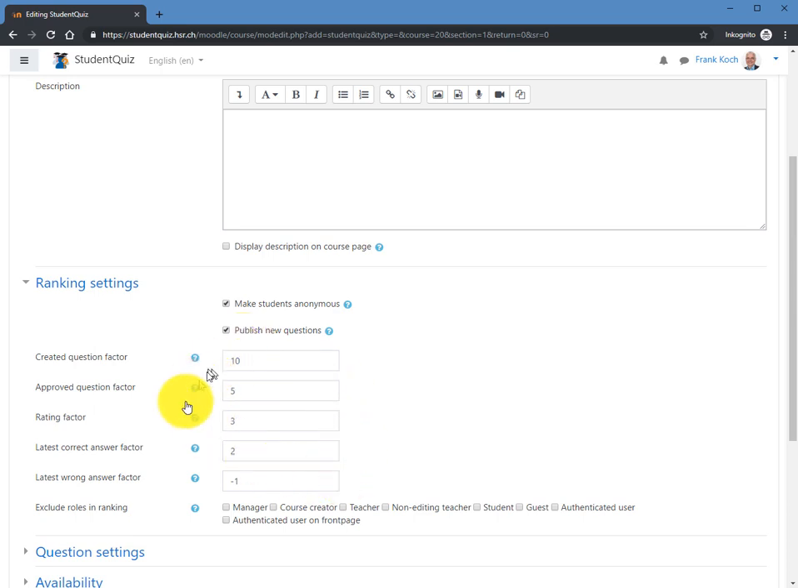StudentQuiz ranks students based on their contribution and learning progress. This is based on some point factors. For the contribution, a default of 10 points is given for each created question. An additional default of 5 points is given for each question when it becomes approved by the teacher. And finally, in order to foster good quality questions, 3 points are given for each star received from the community